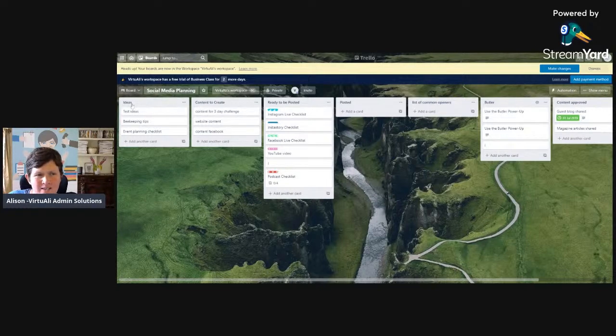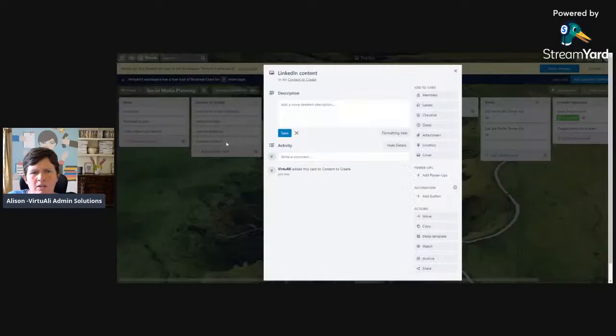So you have your ideas here, what you want to do. And then I created one here for my 3-day Get Organized challenge that I was running, with content for the challenge and content for the website and the Facebook and the promo and the LinkedIn and everything else. And every time you want to add something, you just add a card like this. And if you actually click within it, you'll see it's the same idea, that you can add a further description, you can add dates, you can add attachments if you need to, you can add a member,